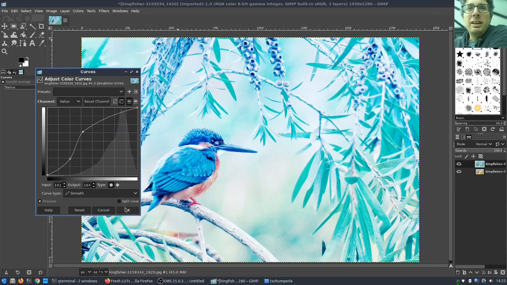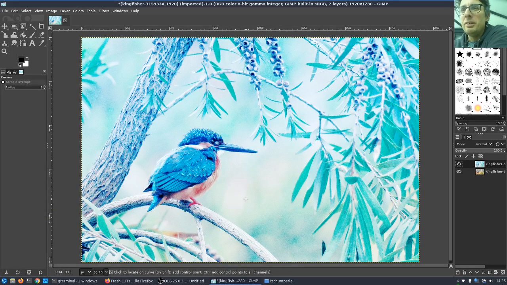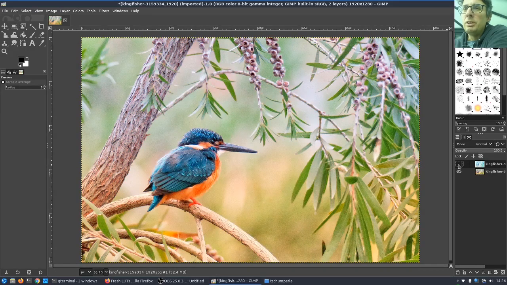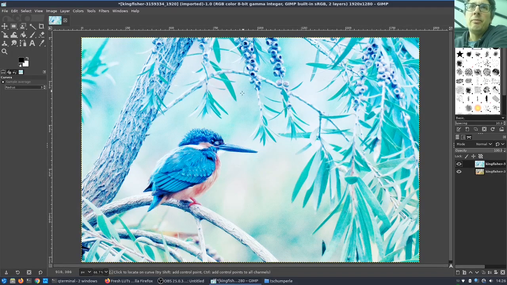So let's say I'm happy with this edit. I know it's not very good, but let's say I'm happy. It's the best I can do. And now I would like to apply this same color modification on different images, like different views of the same bird, for instance. But I don't remember all the steps I've done to go from this original image to this processed image.